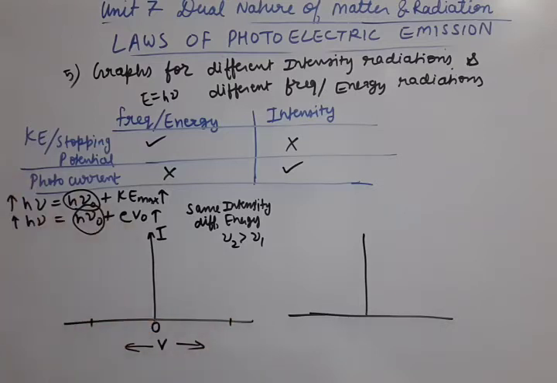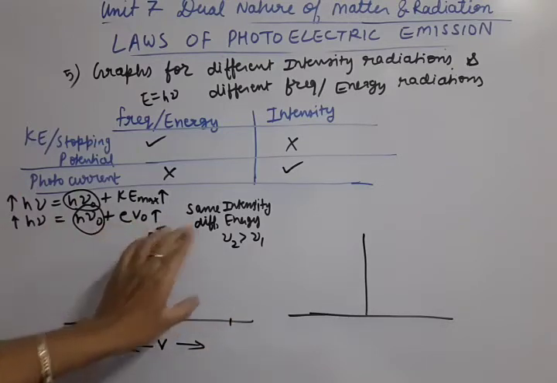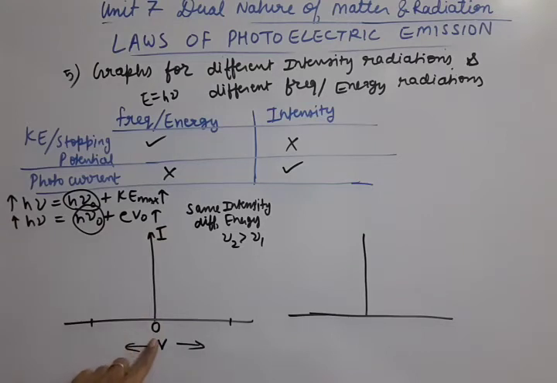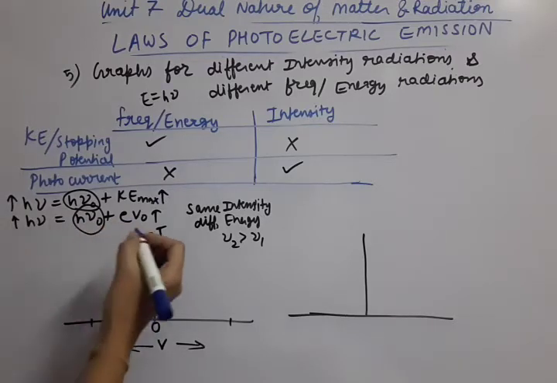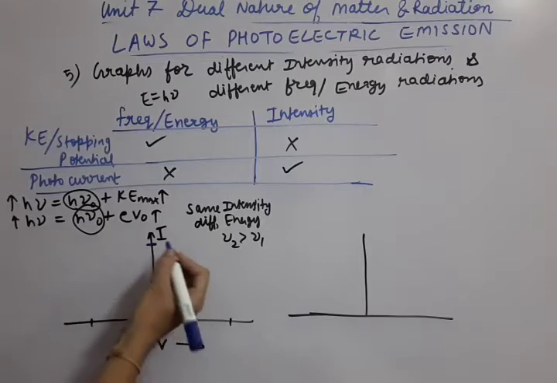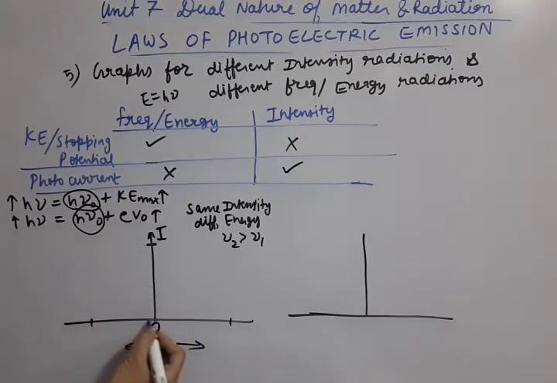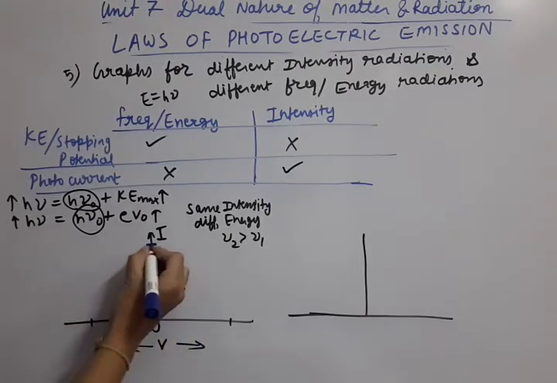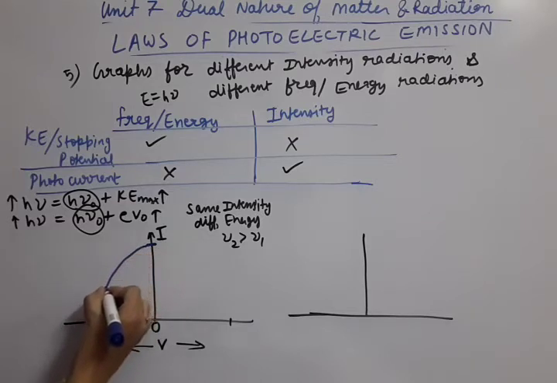Now we have seen how current depends upon the voltage. We have understood the existence of one particular voltage that is called stopping potential. Stopping potential is on the negative side, and it means the minimum voltage that makes the current zero. Suppose at zero voltage applied some current was flowing. Now if we keep on increasing the negative side voltage, then the current should become zero.